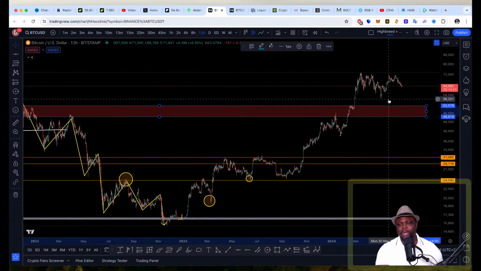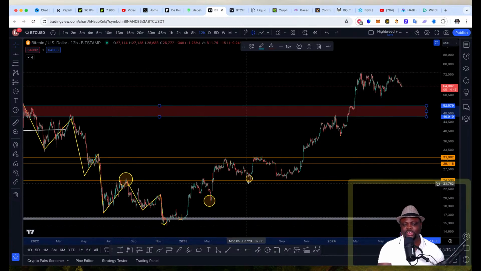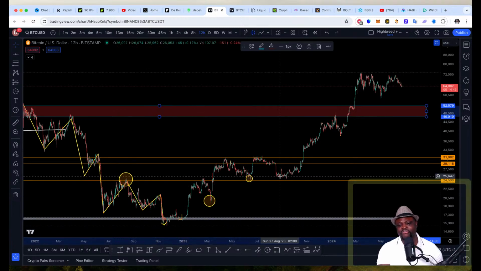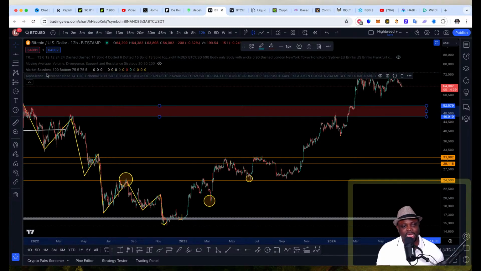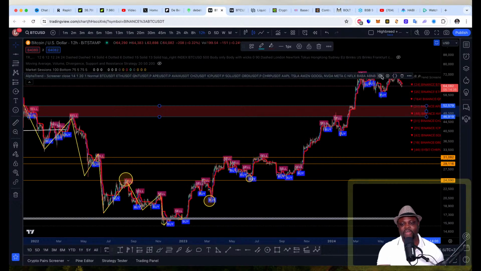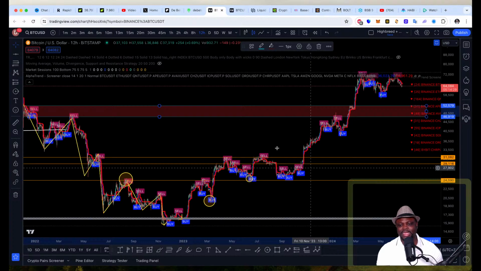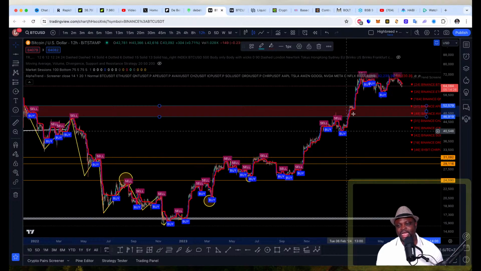Because I don't have time to go through all this, marking all these zones, I prefer to bring in some indicators that are going to help me do that. The first indicator that I always use is the Alpha Trend. You won't be able to see this buy and sell clearly here, but you can see something forming a structure here, and it's more of a trending indicator.